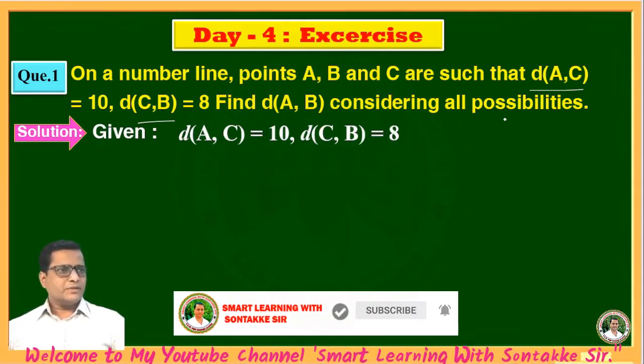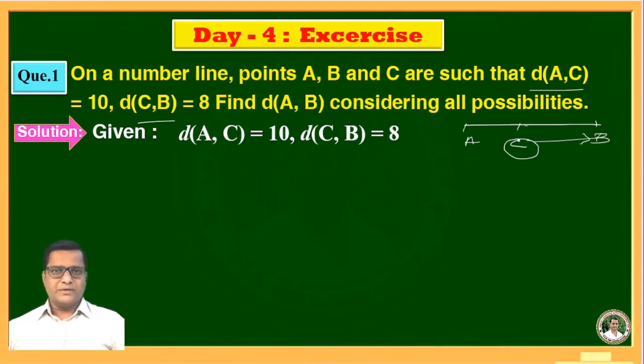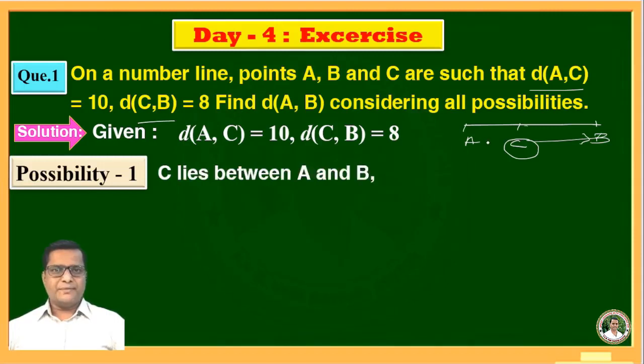Here suppose I will draw one figure. Suppose this is a segment AB, in between here point C is there. This is one possibility. Another possibility, this point C will be here, means A, B, C, B is between A and C. These two possibilities are there, and we will see them one by one. The first possibility is C lies between A and B, that is A-C-B, means C is between A and B. By using this we will draw the figure.